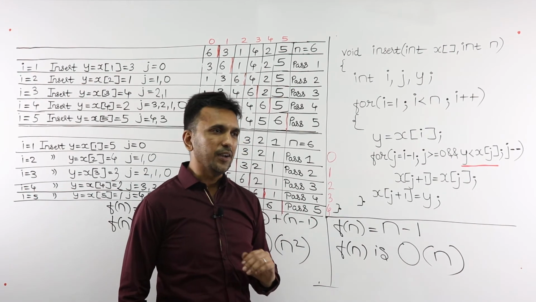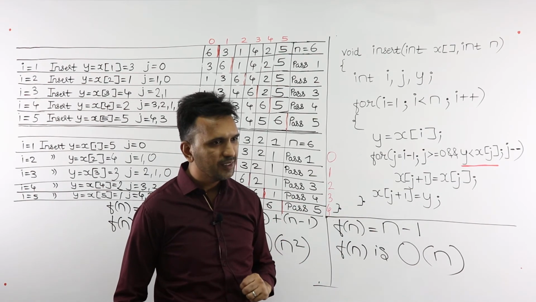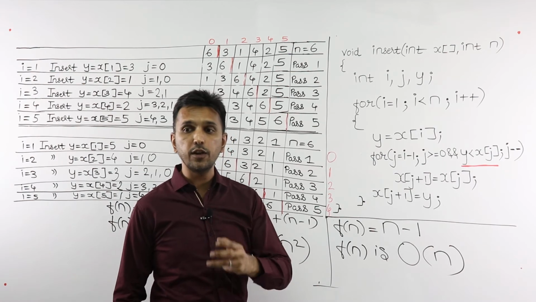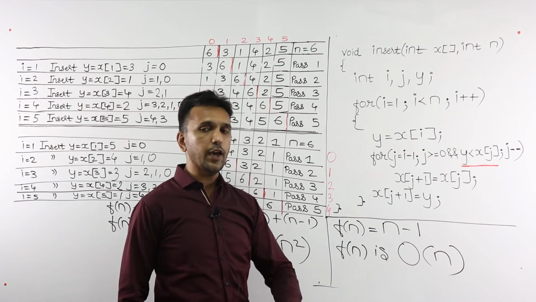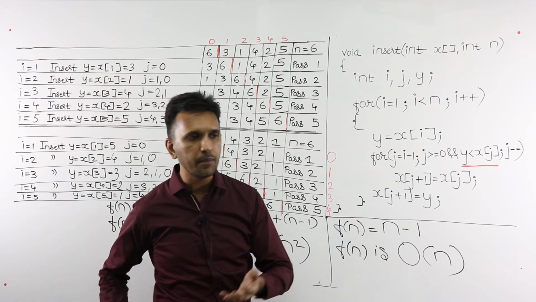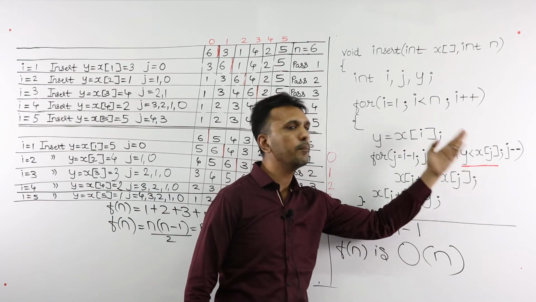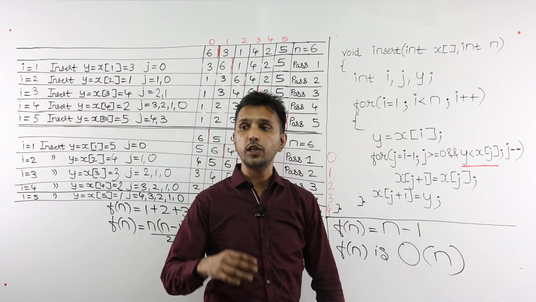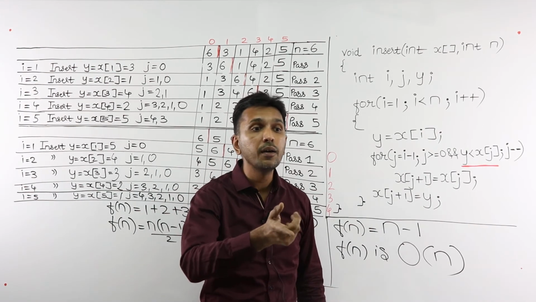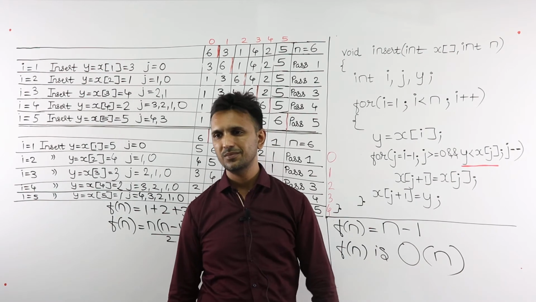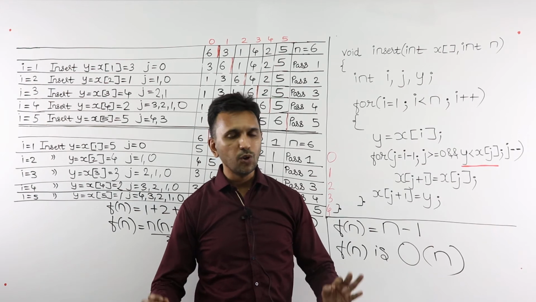Now, understand one thing. We are finally interested in finding big O notation. In big O notation, we are interested in finding what time? Maximum time. If we are interested in finding maximum time, why count the number of shifting? Just count the number of comparisons. Because counting the number of comparisons will not give you the actual time, it will give you the maximum time. Over. So, did you understand this? Yes.